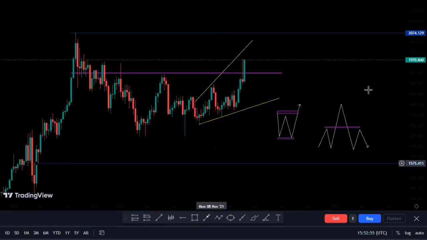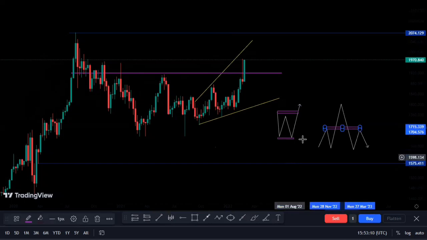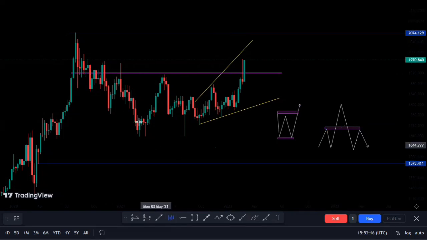Hence, I'm using the horizontal boxes to outline my zones and levels where I'm anticipating the market will be giving me a reversal pattern, or to cater for the shoulders of the head and shoulder. Then we also have the bar pattern. The bar pattern is a tool that you use to